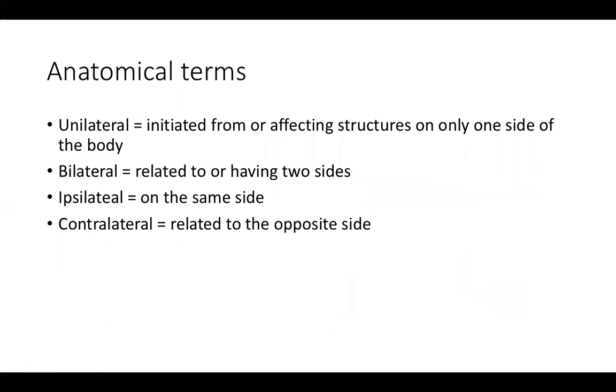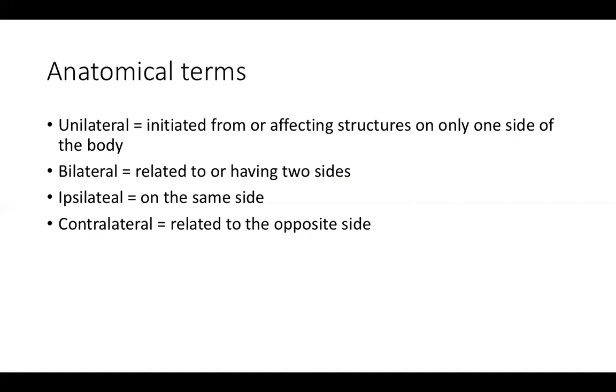Last couple of things I want to discuss: one of the things that's really critical about the brain is the fact that there are two hemispheres. And that division carries on throughout the rest of our body with our left side and our right side. Oftentimes we'll talk about unilateral divisions, which means it's initiated from or affecting structures on one side of the body. So if we're talking about unilateral damage, it's only on one side of the body, with uni standing for single or individual, independent one.